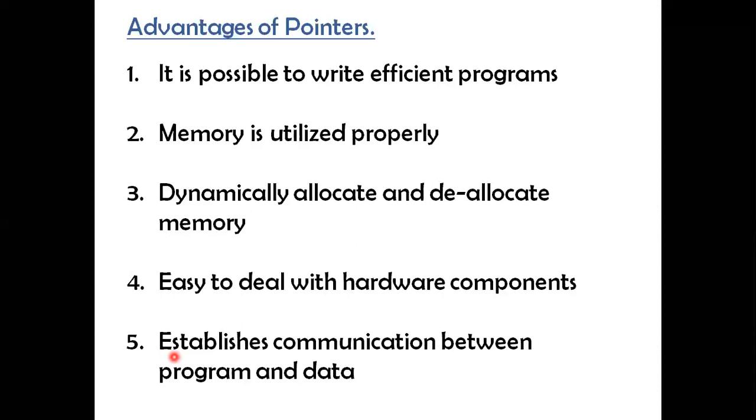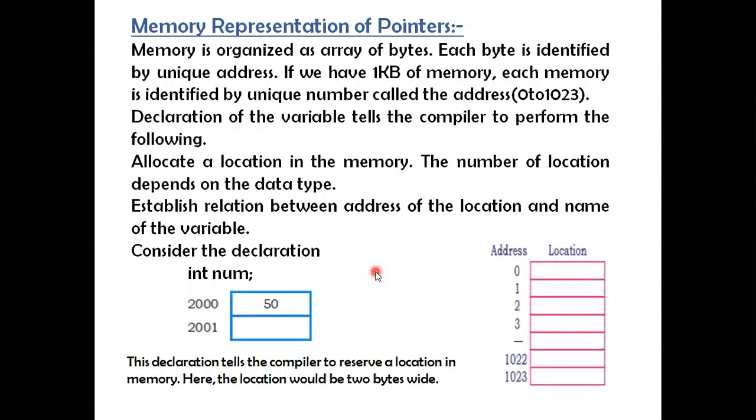The most important, every time in the examination, this concept is asked for 3 marks. As I said earlier, this chapter will have a total of 4 marks. That 4 marks is divided into 2 parts, that is 1 plus 3. Advantages of pointer will be asked for 3 marks. You are supposed to write any 3 points of your interest. You may write first, second, third, or second, third, fourth, or third, fourth, fifth. Now I will take you to the next slide.